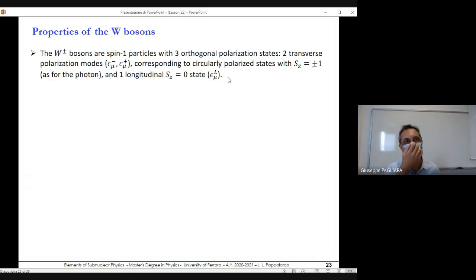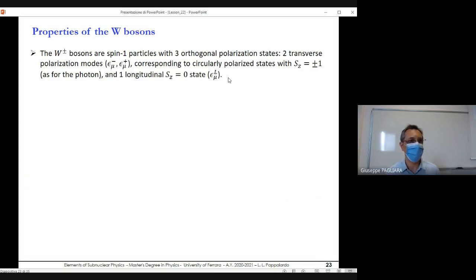Let me remind you that real photons have only 2 polarization states, the 2 circularly polarized states. In this case, we have 1 additional polarization state, the longitudinal, and the reason for that will be clear